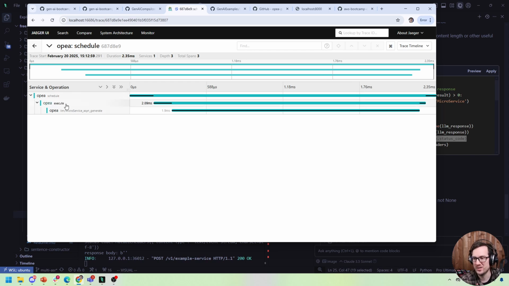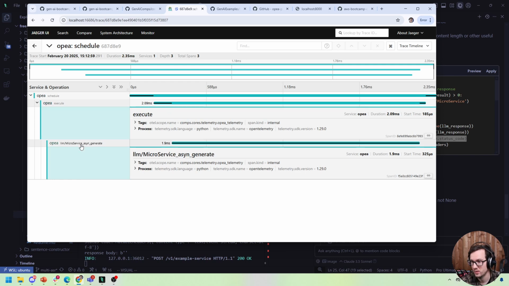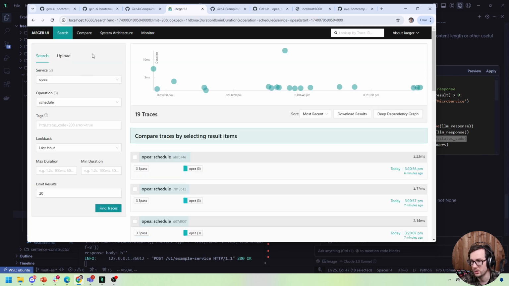So we have schedule, execute, and stuff like that. The thing is that we want to see it actually connect to Ollama, but Ollama is not rigged with OTel. So I'm not sure if we'll get any information based off of it, right? But here we can see schedule, execute, async generate. Okay, so if I go back to here,